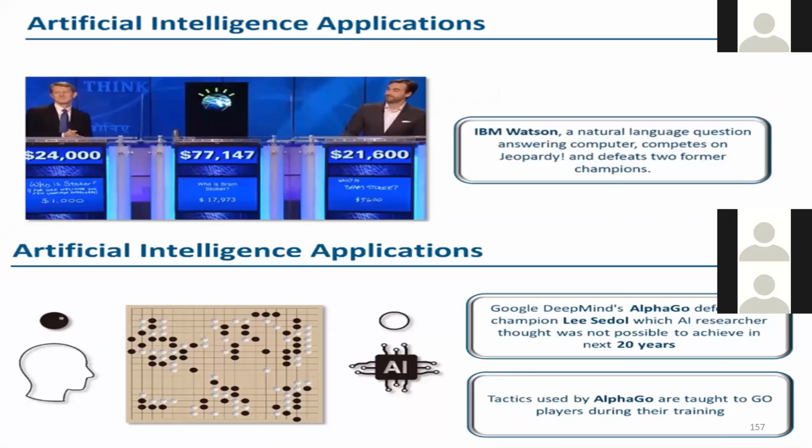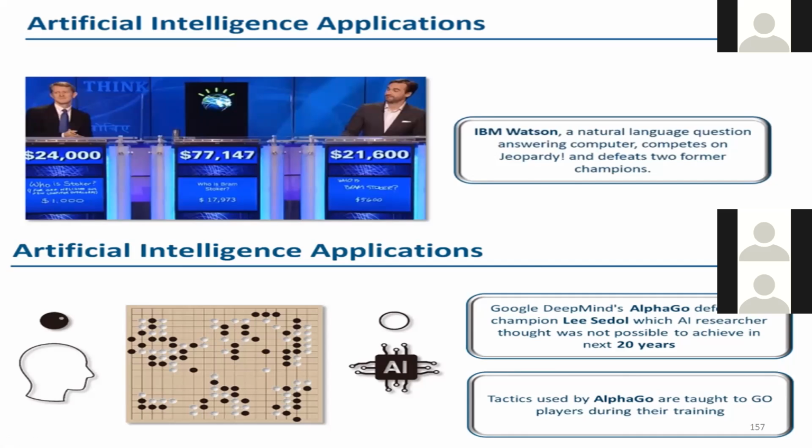Okay, so there are two games in the world, popular games. One is called Jeopardy. You check it in Google. It's one of the popular games in the US. Another one, I'll tell you, AlphaGo. This is one of the world's toughest games. If you look at both the games, they were dominated by human beings until 5 years back. Now they are beaten by robots. There is one product by IBM called IBM Watson. It has beaten the two top players in the Jeopardy game. Similarly, AlphaGo was the game, and it beat the champion, who was the number one player in the world.